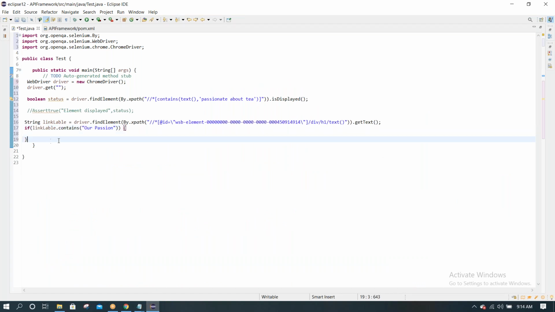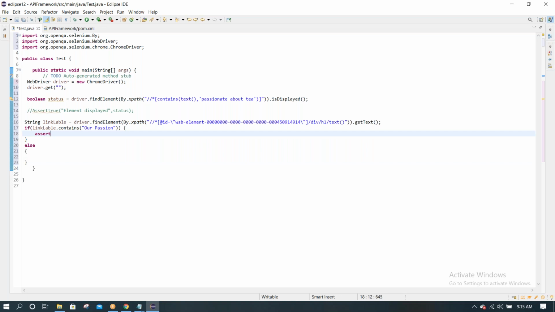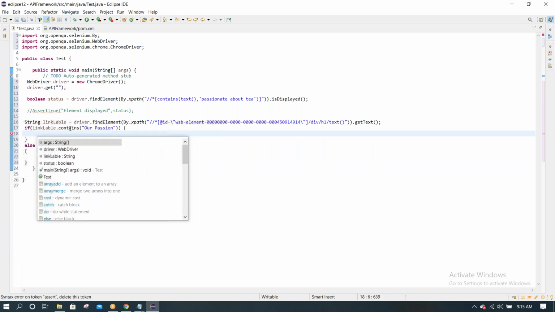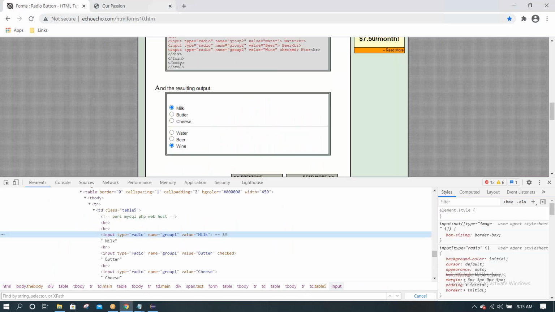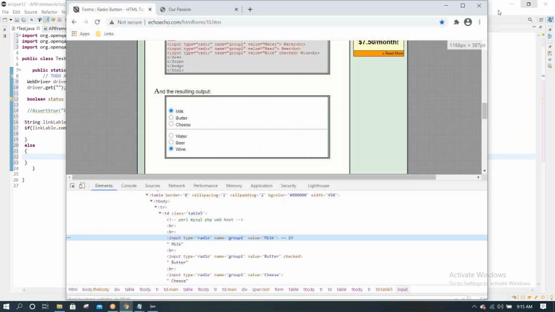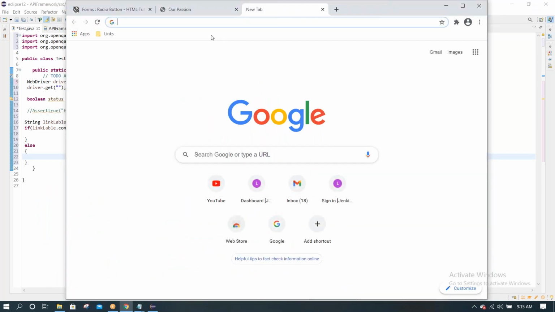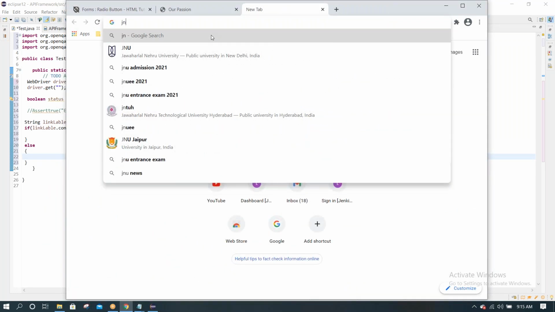Then write a statement, else, let us write assertion. Let me add an assertion also. In your programs, JUnit dependency is already there.